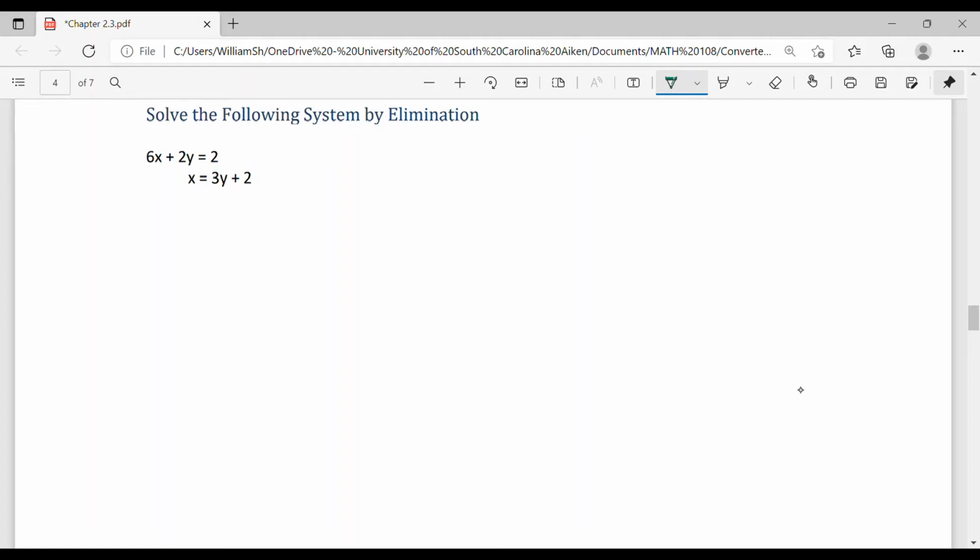Okay. In order to solve this system by elimination, if the y is on the left-hand side on this side, the y has to be on the left-hand side on your other equation. If it's not, you need to get it there. I can't cancel stuff across this equal sign. So what I'll need to do if I really want to solve this by elimination